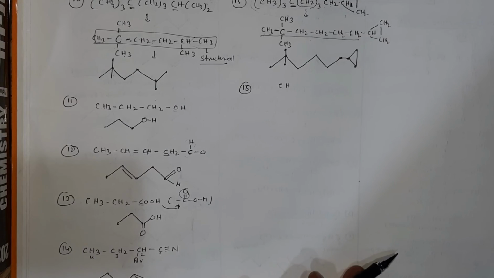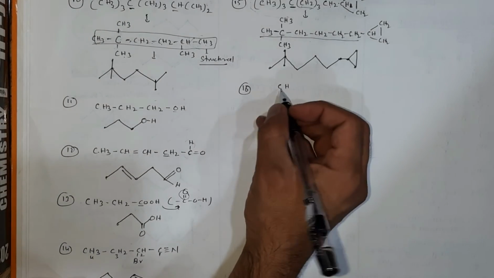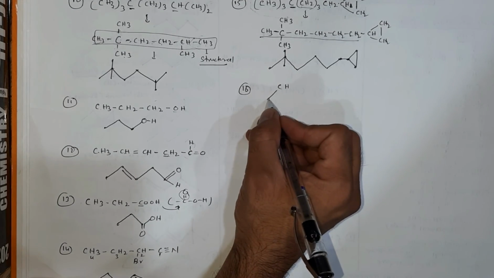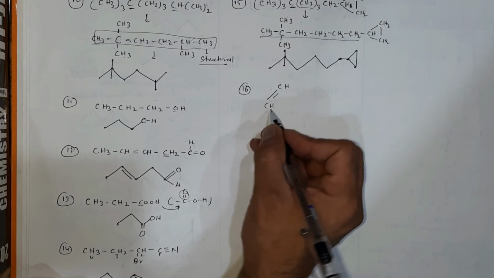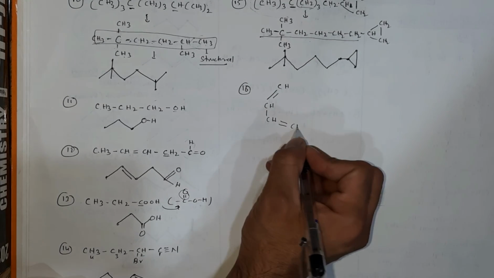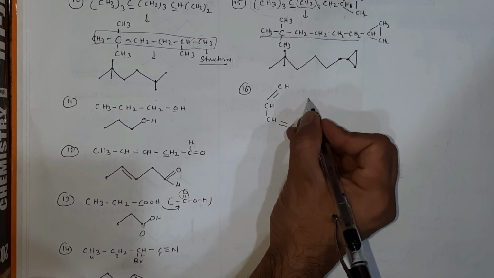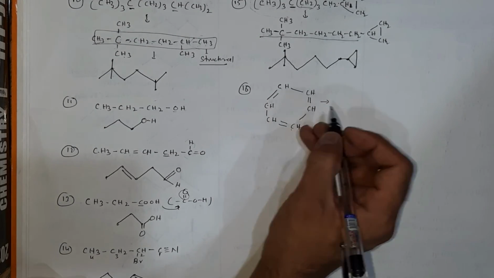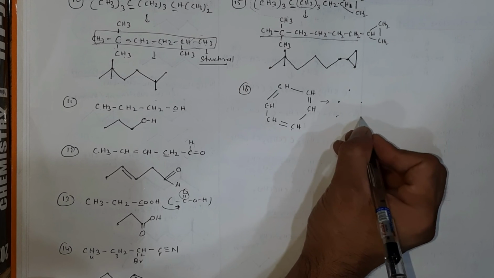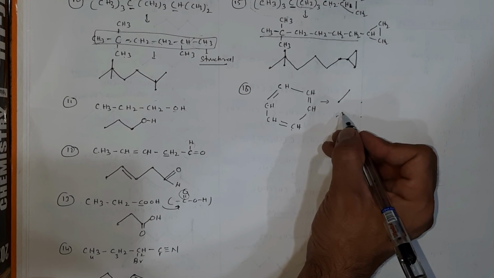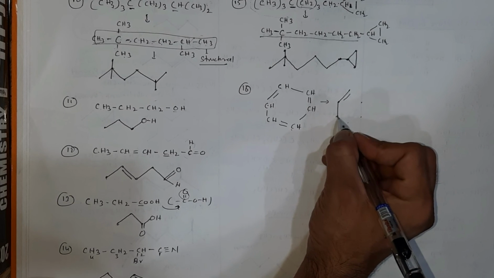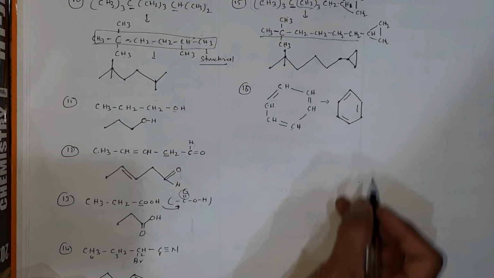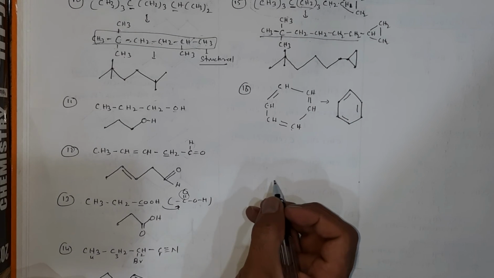Okay. Now suppose if I want to make a structure of benzene, you've seen this molecule in a lower standard. Suppose I want to make a bond line formula for benzene. From a lower standard, you may be aware of the formula that benzene is CH, double bond CH, single bond CH, double bond CH, again a single bond CH, double bond CH. So if I want to make a bond line formula, there are 1, 2, 3, 4, 5, 6 carbons. All of them are attached by alternate single and double bond. So this is a double bond, this is single bond. Again there is a double bond, single bond, double bond, single bond. बन गया benzene का cyclic structure. That is a bond line formula.